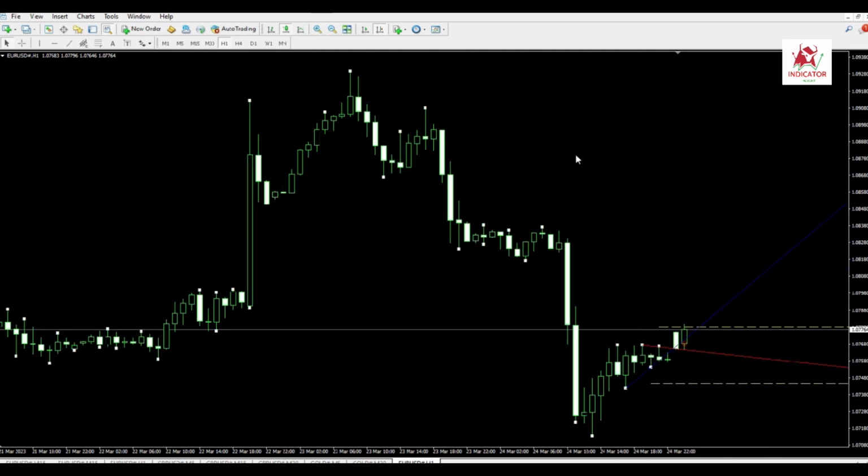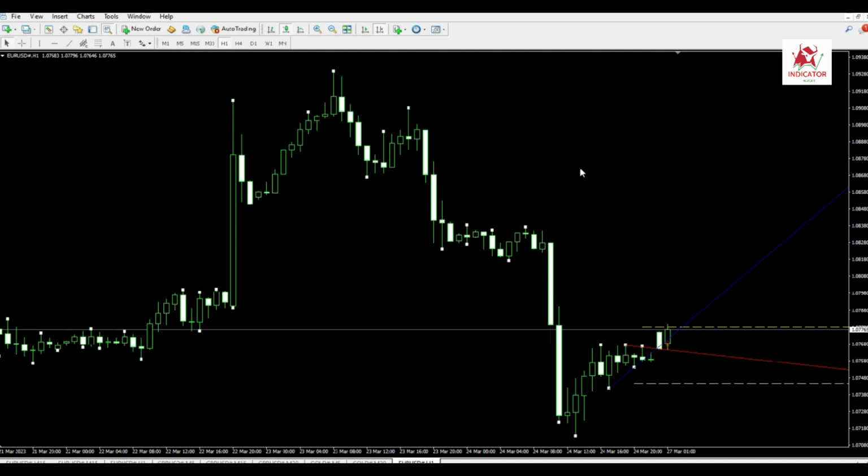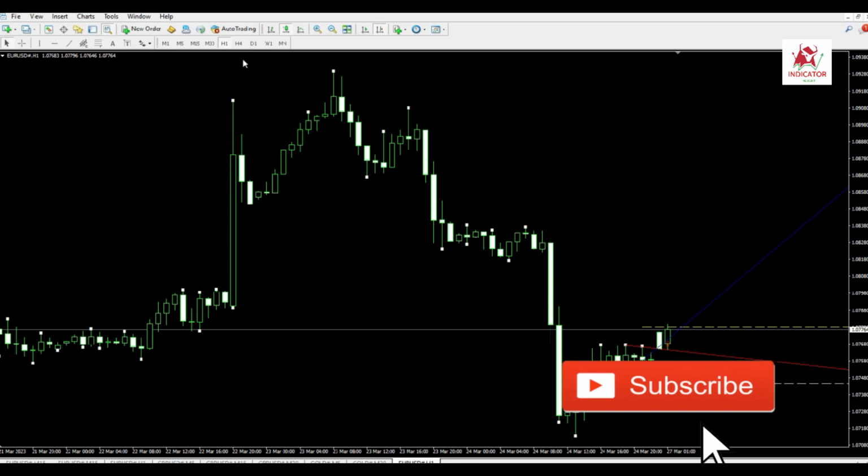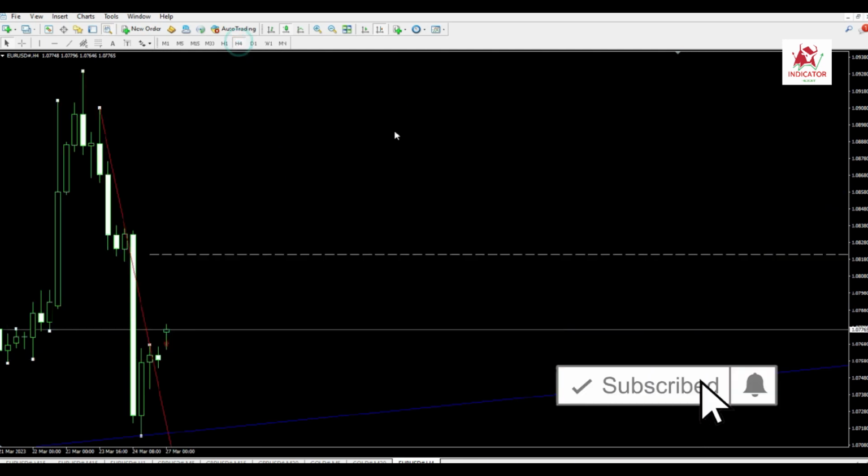Table 1 lists the 4 qualifiers for upside penetrations of TD supply lines and downside penetrations of TD demand lines. The third qualifier uses the terms buying pressure and selling pressure. In quote: buying pressure is the difference between a bar's close and its